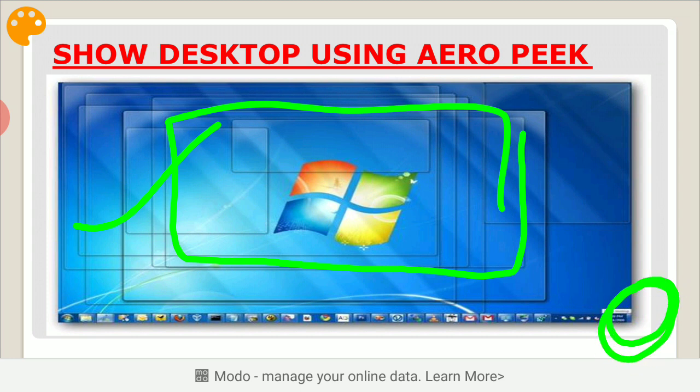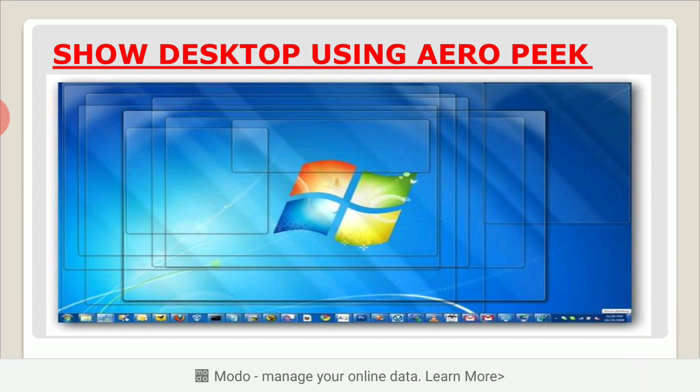Each window is minimized to an icon on the taskbar. You can now clearly view the desktop. If you want to redisplay all windows, just click on Show Desktop. Show Desktop and the Aero Peek button are the same. You can say Aero Peek or Show Desktop button.